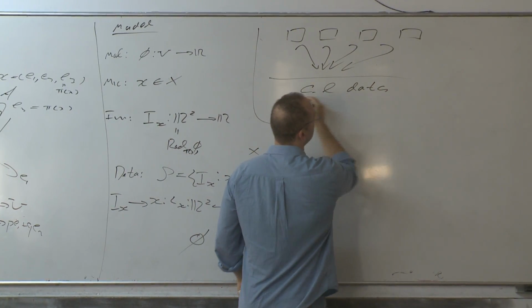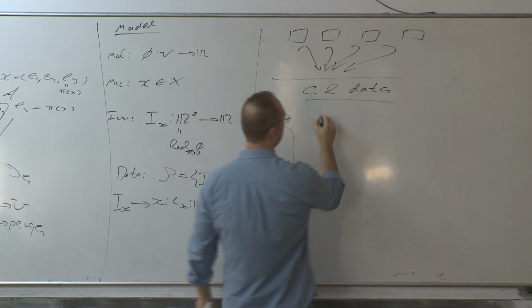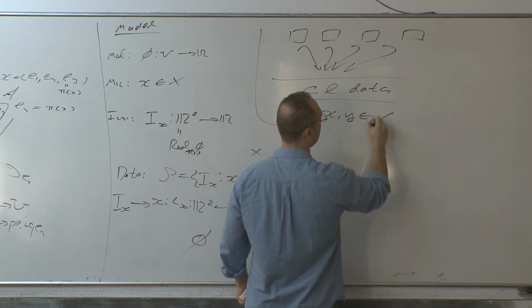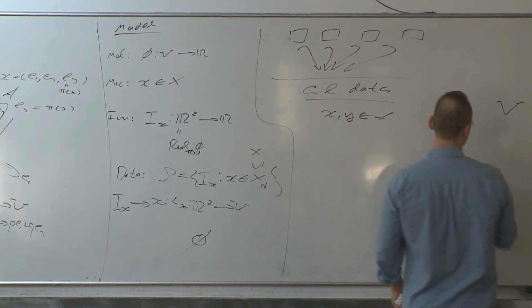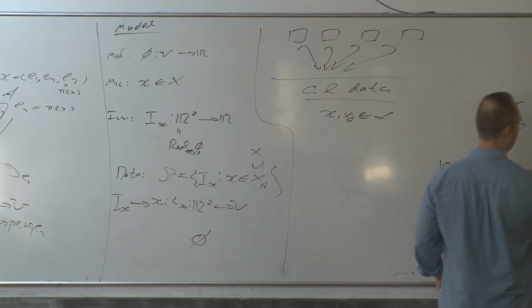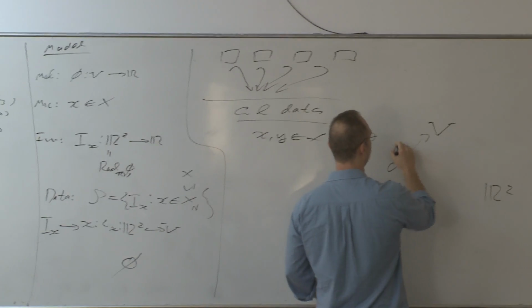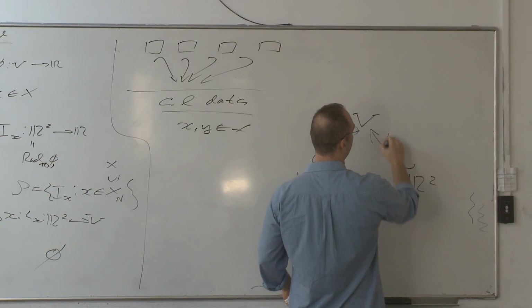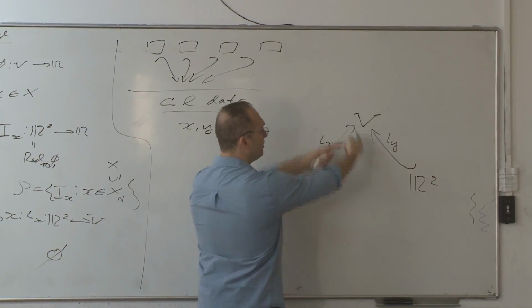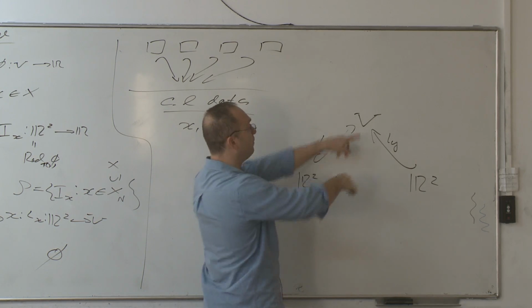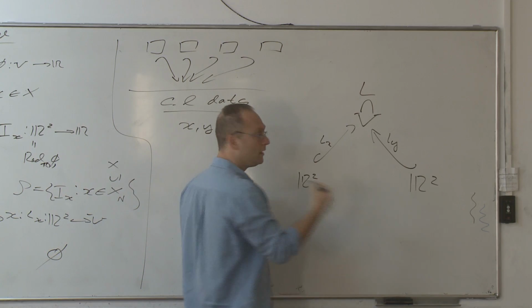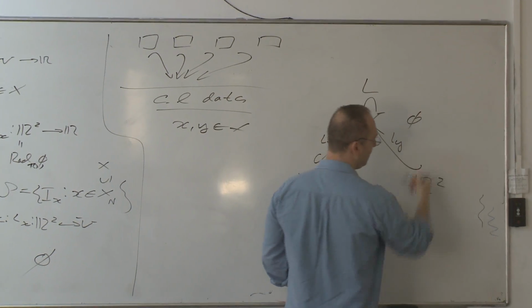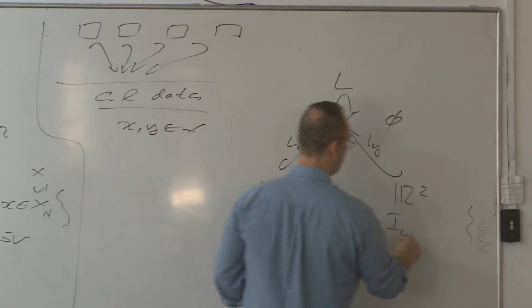And I can summarize this procedure in one diagram. So say we have two frames, x and y in X. So we have the vector space V. We have one copy of R2 and another copy of R2, one embedded via iota x and another embedded via iota y. And the images of these two maps are two planes inside V, they intersect in a line. This is called the common line. Now here we have the potential function phi, here we have the Radon projection Iy, and here we have the